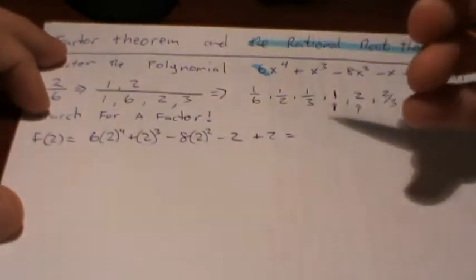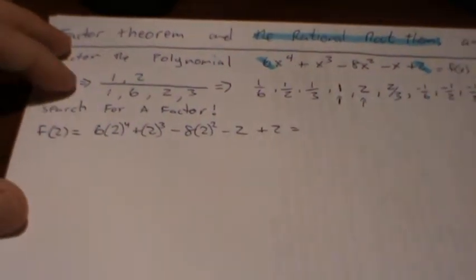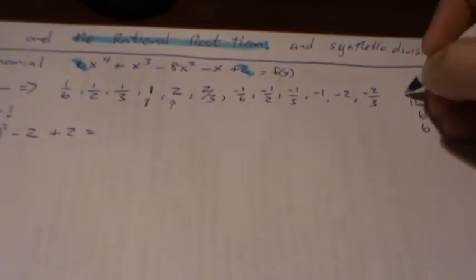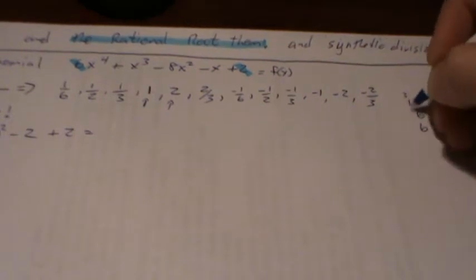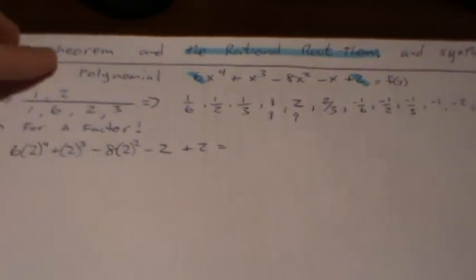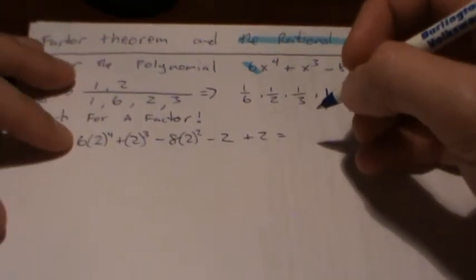And 16 times 6 is a big number. I'll write it over here. 16 times 6 is 96. So I got 96